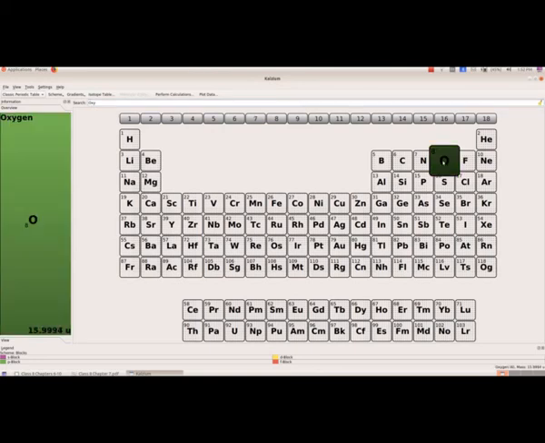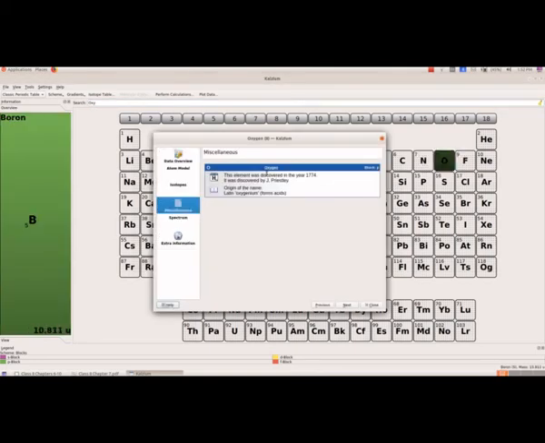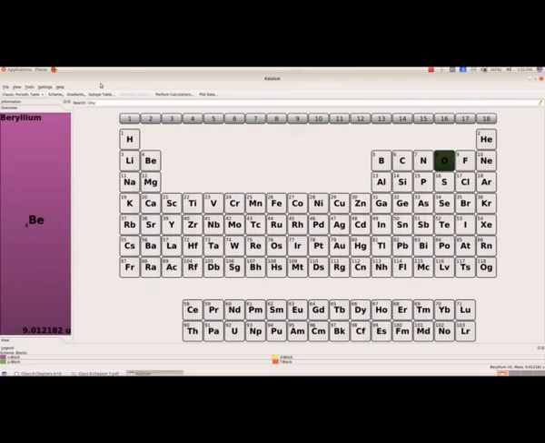Here you got O, and when you select that O, you will get the details about oxygen, the year in which that element was discovered, who discovered, the origin, and so on. And similarly, you can search for any element.